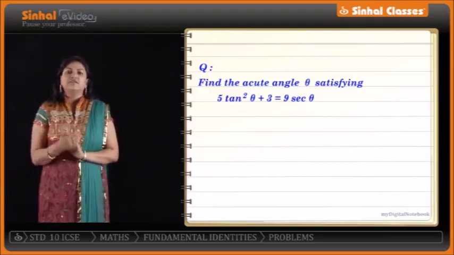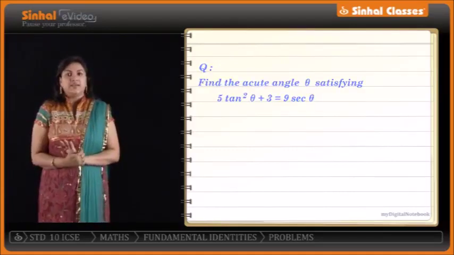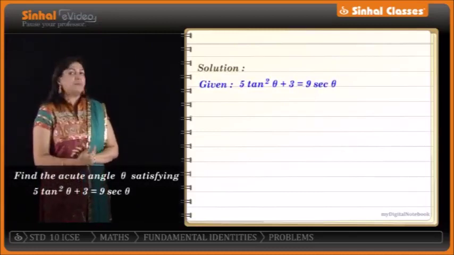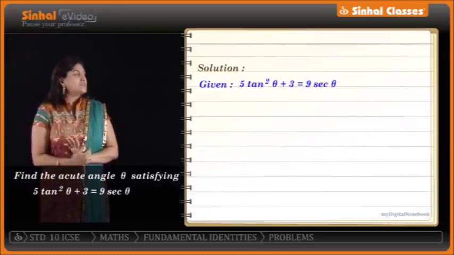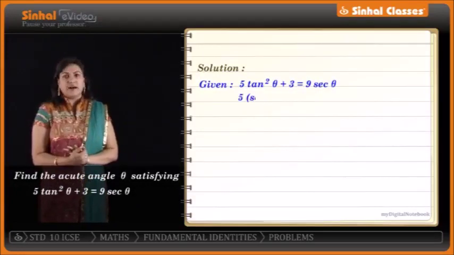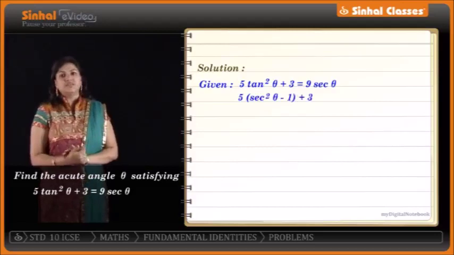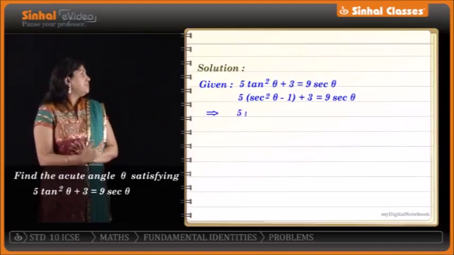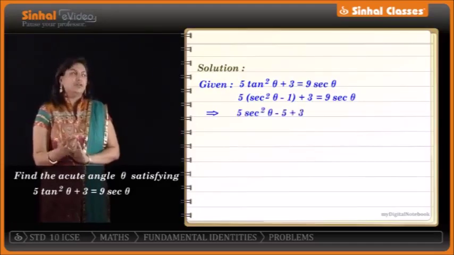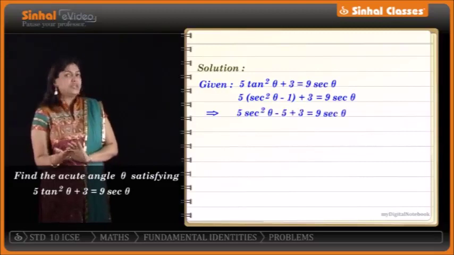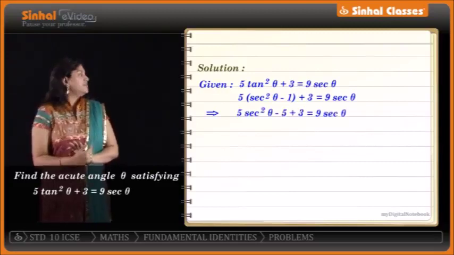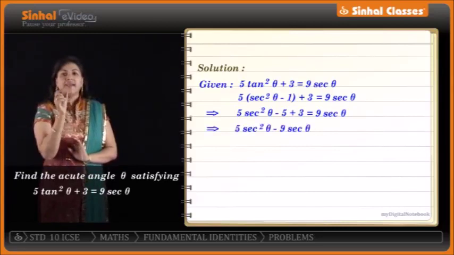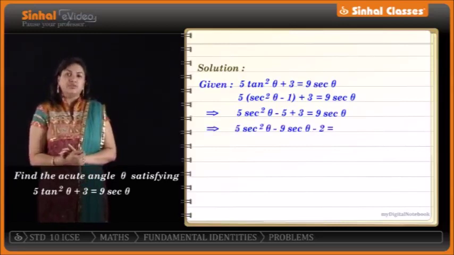Now to solve this, we bring tan to sec. That is, we substitute tan square theta as sec square theta minus 1. So we can write this as 5 into (sec square theta minus 1) plus 3 equals 9 sec theta. Open the brackets to get 5 sec square theta minus 5 plus 3 equals 9 sec theta. Now take 9 sec theta to the other side. We have 5 sec square theta minus 9 sec theta minus 5 plus 3 gives us minus 2, which is